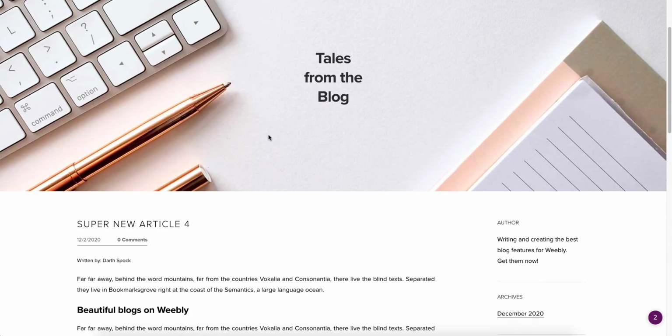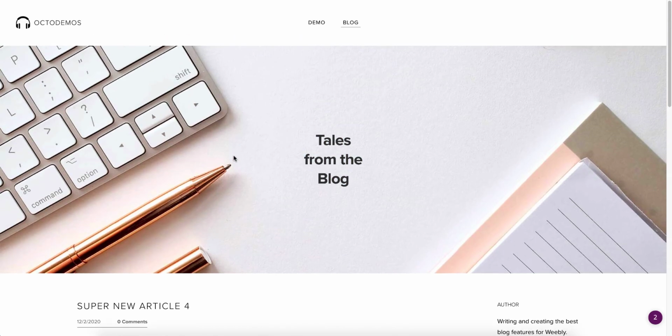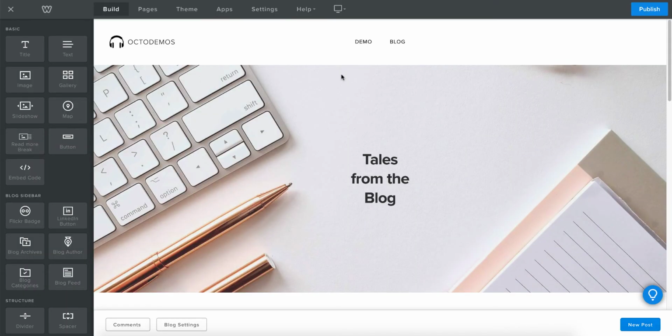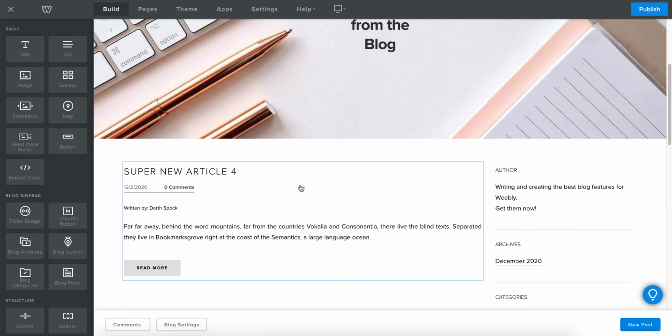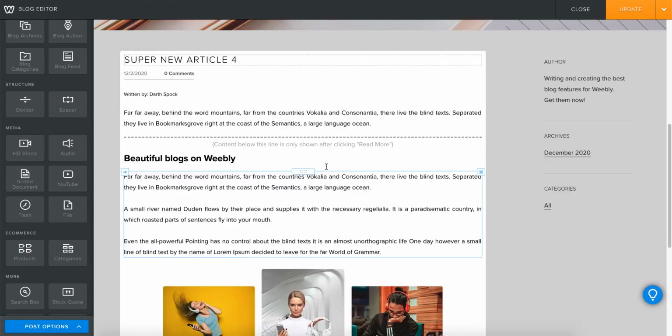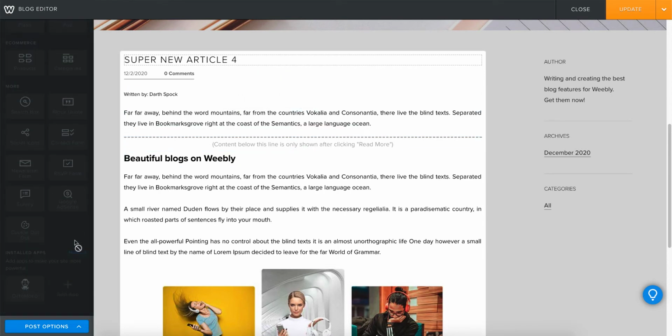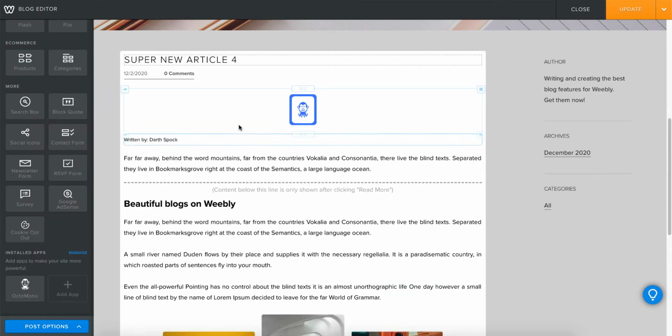And maybe we want to have some custom text here and another background. So with this new element included in the bundle, you can achieve this. How do we do this? Well, we enter our article. We scroll down, we grab our Octomono element and drop it inside our article. Access our dashboard,